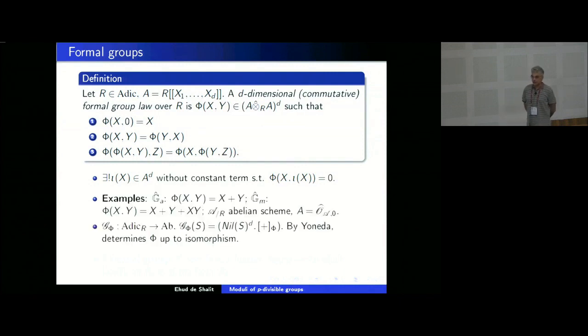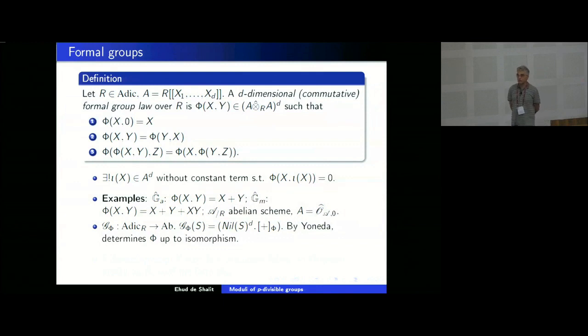And examples: the additive formal group law is x plus y. The multiplicative is not x times y, but is x plus xy, because we have shifted the origin to 1. So this is (1 plus x) times (1 plus y) minus 1 to get back to 0. And if you take an abelian scheme over R, and you take the completion of its local ring at the origin, O is here the origin of the abelian scheme, and you use a regular system of parameters, then you get a formal group law. That depends, of course, on which parameters you used.